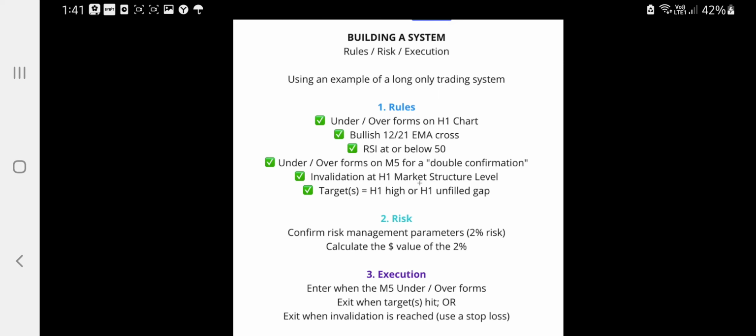And if you don't think that's much, then just go into any compound interest calculator. The difference between losing 10% in a day and losing 11% in a day is significant when you trade 5 times a day and you trade every day. It's extremely significant. So just have it there as a reminder, 2% risk. Calculate the dollar value of that 2% every time. It's going to be 200 on your first one. It's going to be 197 point whatever. It's going to be 190. If you start winning, if you put 200 risk on your 10K and you do a 2-to-1 trade and you're up to 10,400, great. Your next trade is going to be 208 risk.